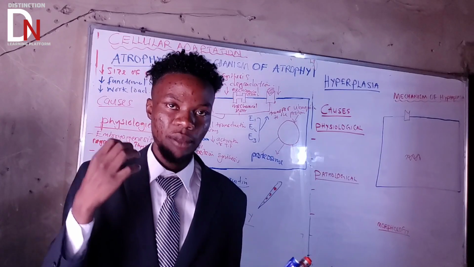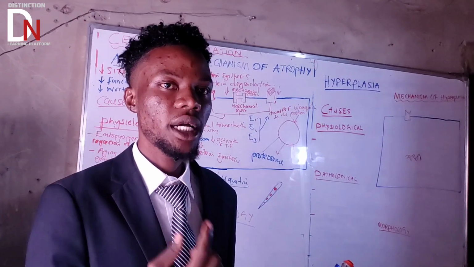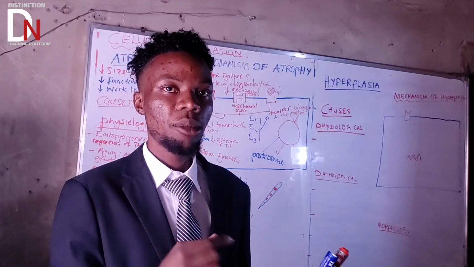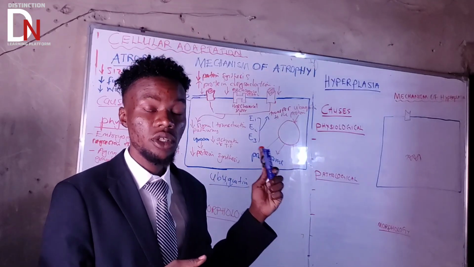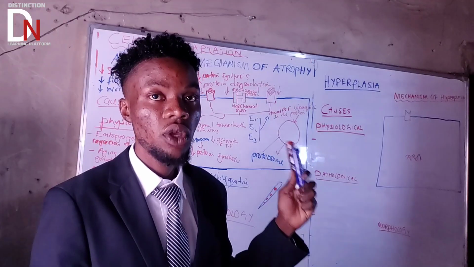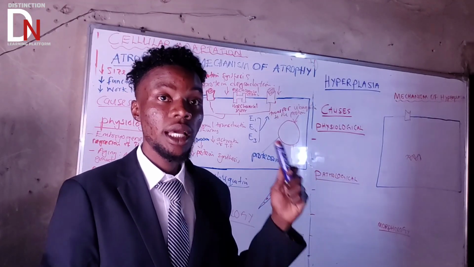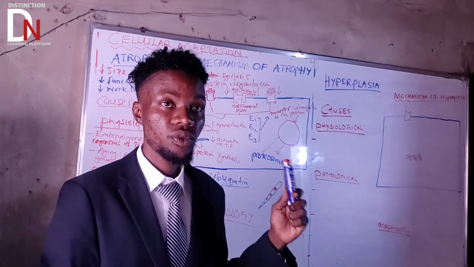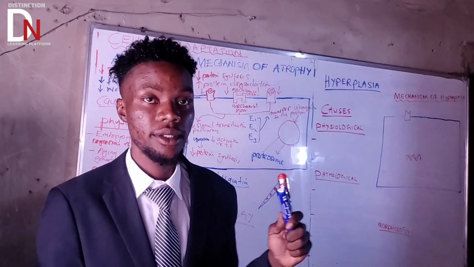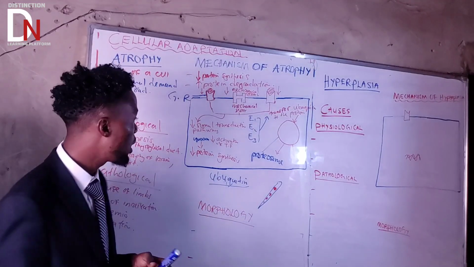So substances that can be found inside the proteasome, those are the substances that will help to break down the protein that has been tagged because of the help of what? E1, E2, E3 what? Enzymes. What are the names of E1? E1 is what? Ubiquitin activating enzyme. E2 is what? Ubiquitin what? Conjugating enzyme. E3 is what? Ubiquitin ligase enzyme. So those are the three enzymes that are going to help to tag the protein for the